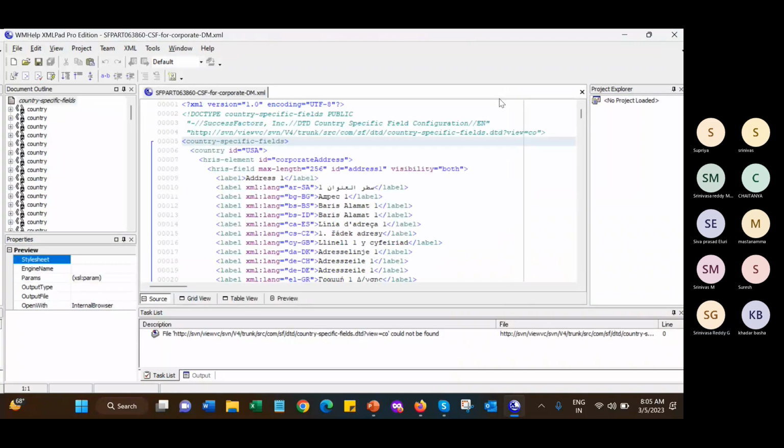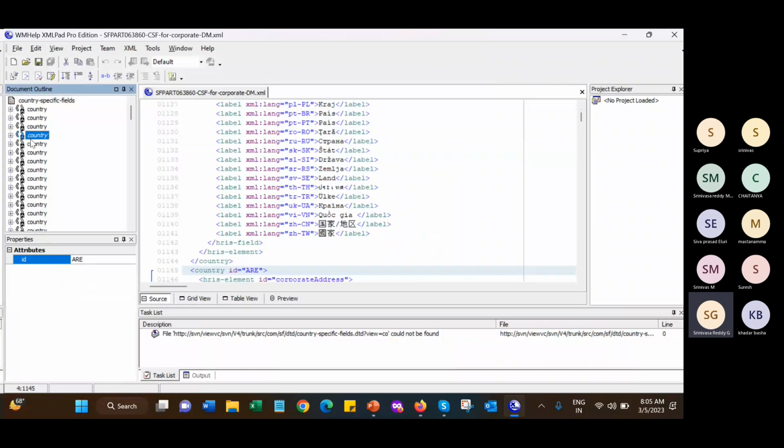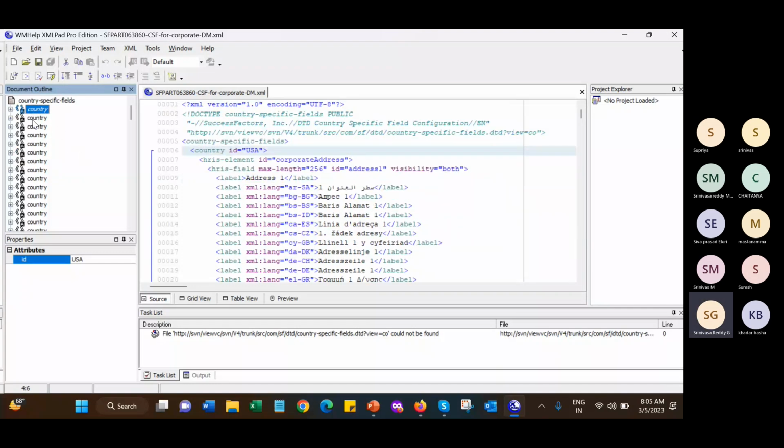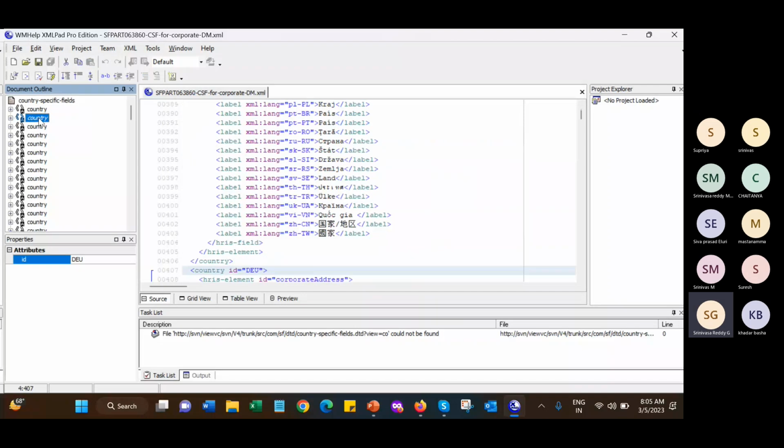Okay. So here, compared with the corporate data model, in the corporate data model we saw different types of HRIS segments, like location, parent, pay grade, those types. When you click on that, it will route to that particular HRIS element. But here it is the list of countries. Each one is one country. See here, first it will be the USA. When you click on that,